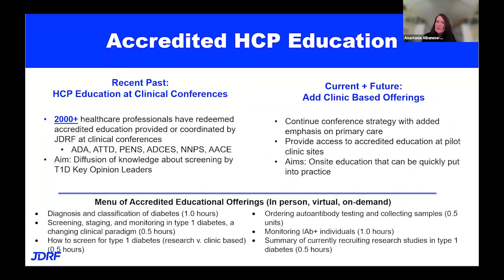Our initial focus was on specialty conferences. We leaned on key opinion leaders around the world to deliver information about screening and monitoring and their importance in the clinical paradigm. But